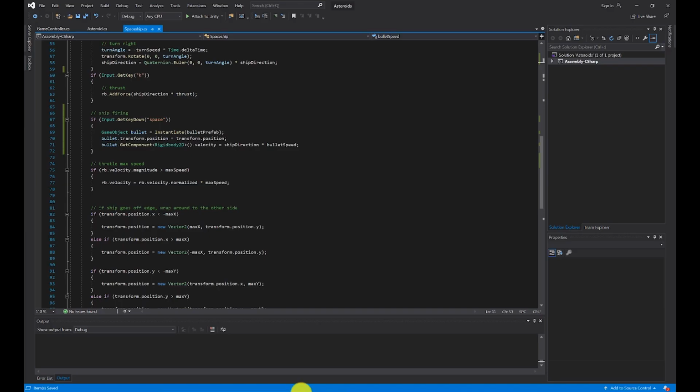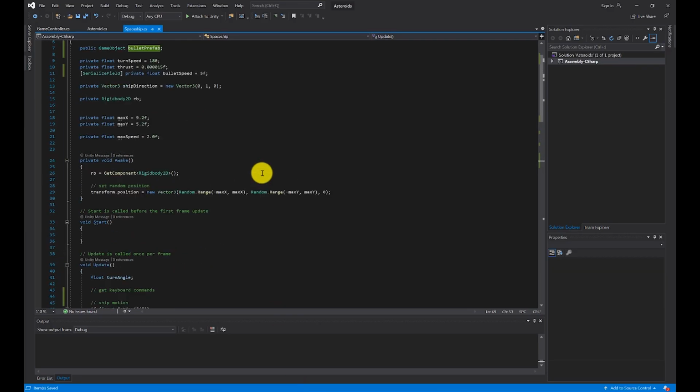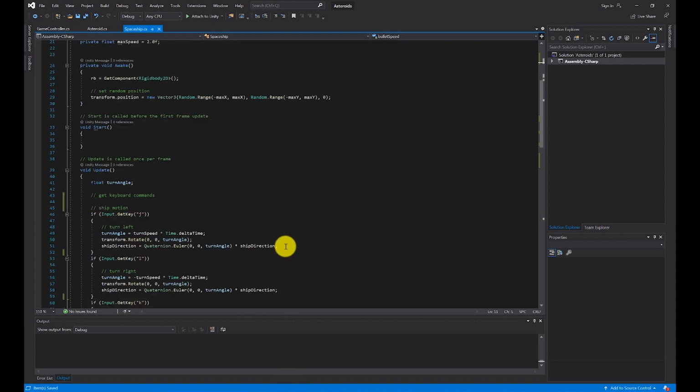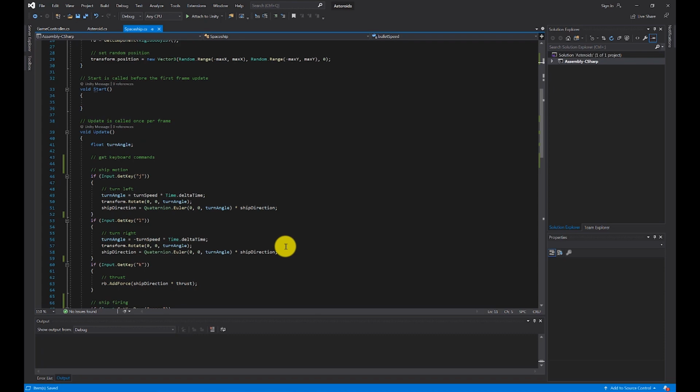Okay, again, these are all things that you would play test and carefully tweak. I'm just doing it kind of quick and dirty, so I'm not doing that, but you know what I mean. For the proper game project, we would spend some time fine-tuning these parameters. Okay, so now I've got the bullets firing, but the only thing now is that, as you saw, let me